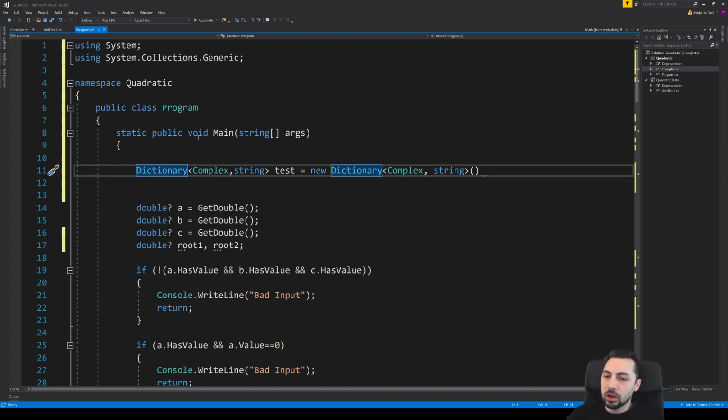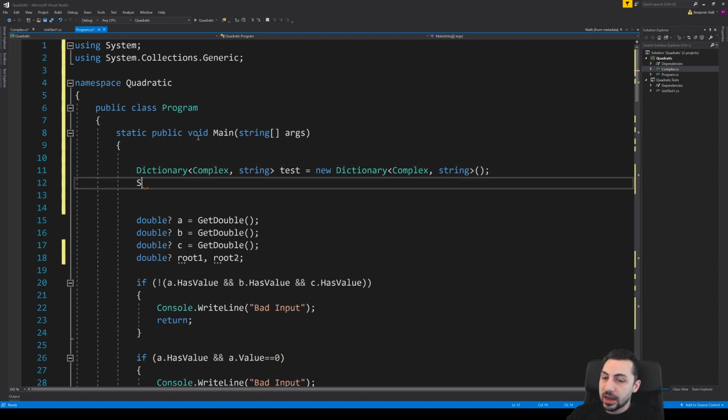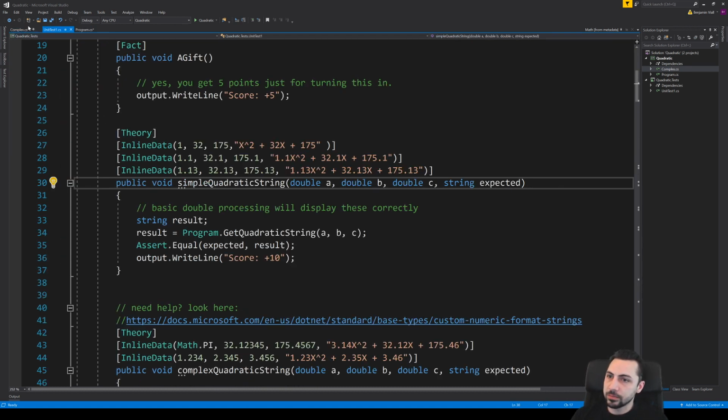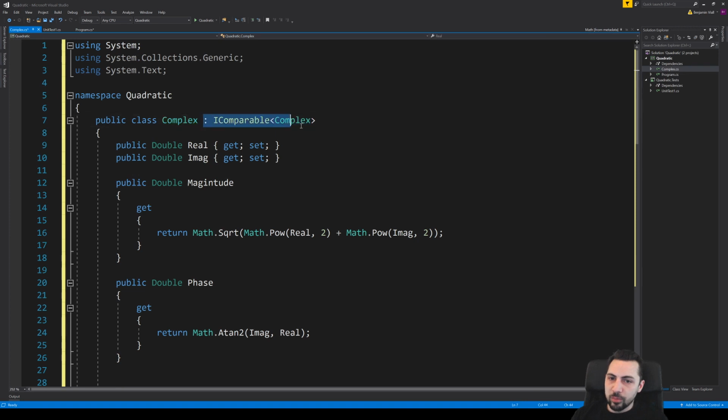But what we can also do now is create a sorted dictionary of complex numbers. All right, both of those are legal. And the thing that makes it legal is that we've put this here.